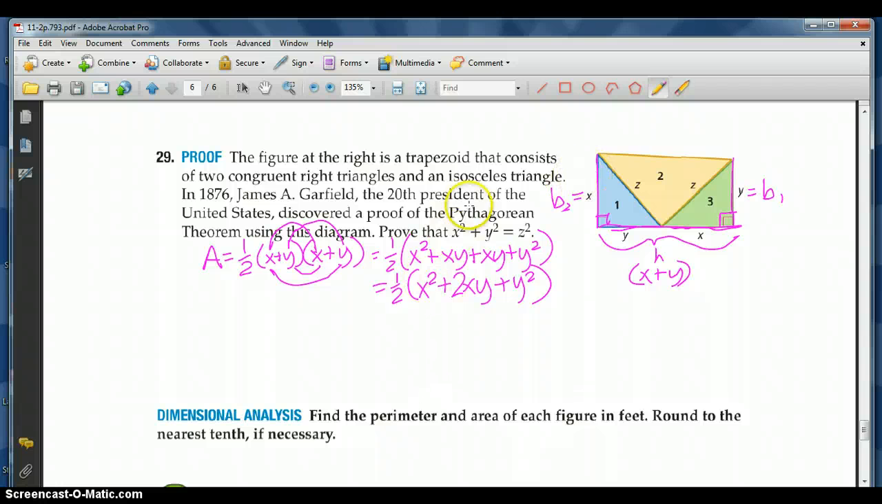Now, how else can we express the area of this trapezoid? Well, we have 3 right triangles here. If we add the area of each right triangle together, those 3 areas combined would be the total area. So I have the area of triangle 1. Triangle 1, its base and height are its legs, and that's always the case for a right triangle, since the legs are perpendicular, so therefore they are the base and the height of